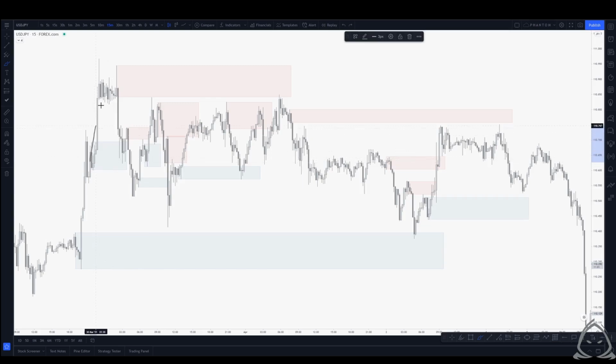Because like we said, this was a continuation pattern. We had a V reversal return. The zone didn't hold. We had a continuation pattern, a V reversal return, and the zone didn't hold again. Continuation pattern, V reversal return. The zone didn't hold. So we can see when we add on the fact of continuation versus reversal models,